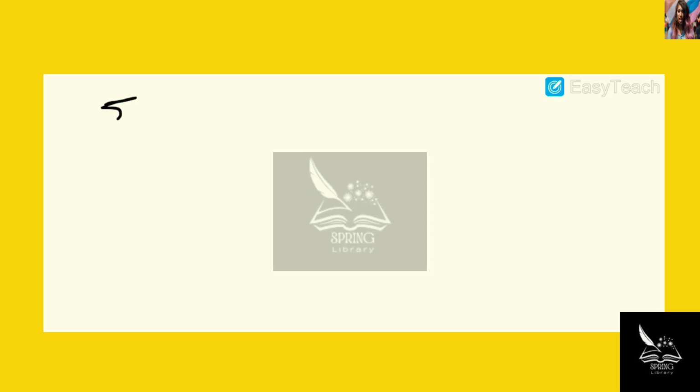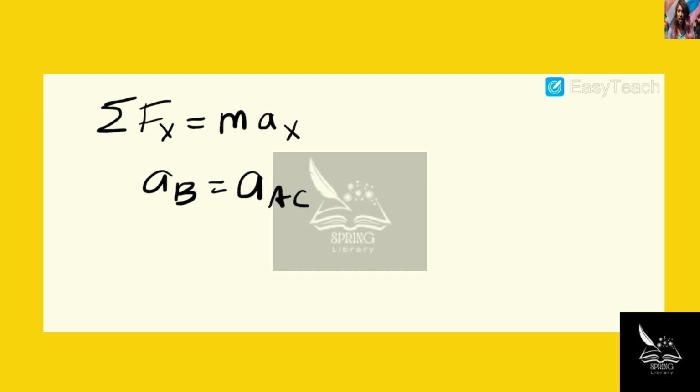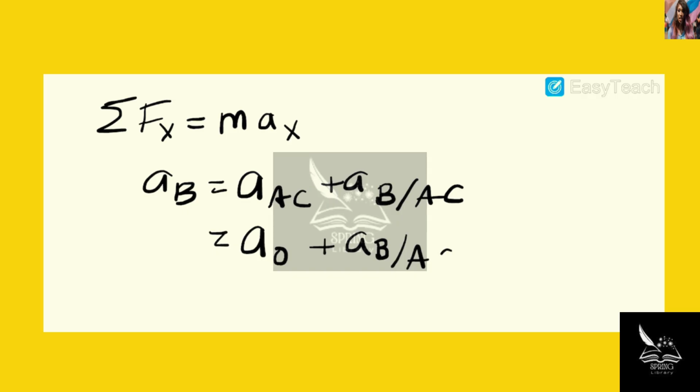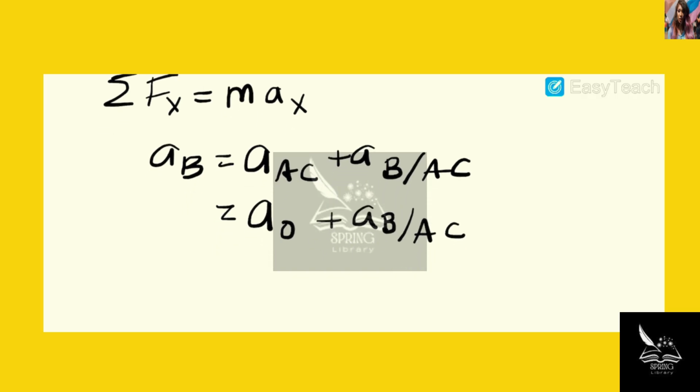So we can say that the net force in the x direction is going to be equal to mass times the acceleration in the x direction. So what we can do is say that the acceleration of B is going to be equal to the acceleration of AC plus AB given AC. And what this actually translates to is basically AC is equal to A0, because that's given to us in the problem, plus AB given AC. We know that